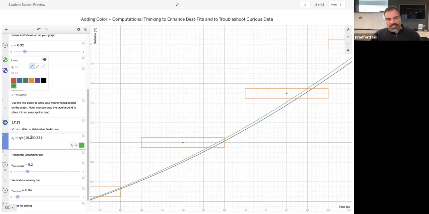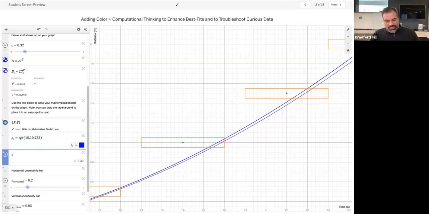But if I go back and change this later, let's say I take the green down to just 10. Whoa, it changes it to black. I'm going to bring up the blue by going up to 255. Whoa, see how it's actively changing it. So if you want multiple colors, we need multiple ones. So I'm going to make a new one, C2